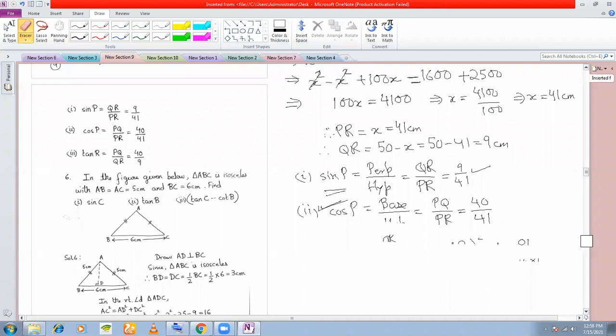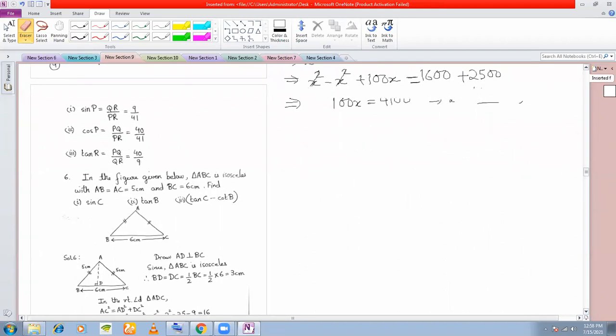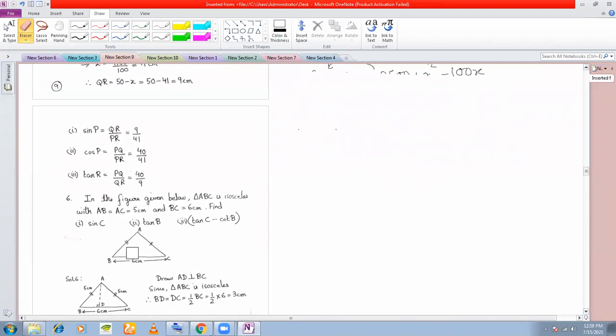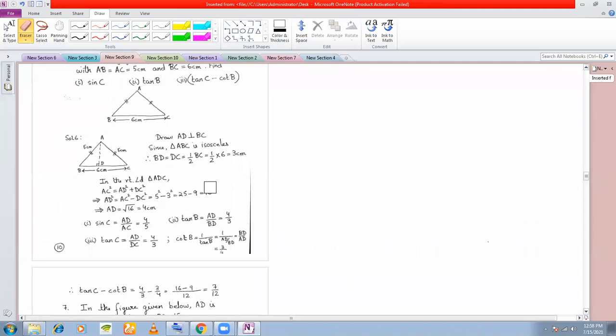Very similar kind of problem, except that in this problem they have given you an isosceles right angle triangle. What is an isosceles right angle triangle? Any right angle triangle in which perpendicular and base are the same. Perpendicular and hypotenuse of a right angle triangle cannot be equal. Why can't they be equal? Can anyone tell me? Sir, because hypotenuse square is equal to perpendicular square plus base square. So that is why. Yes.